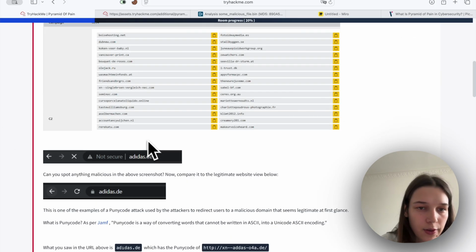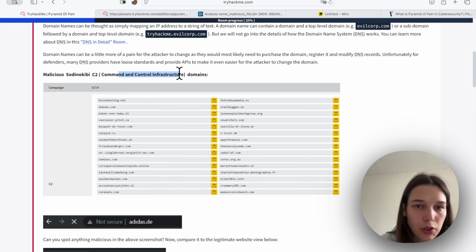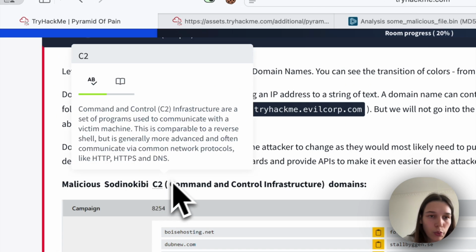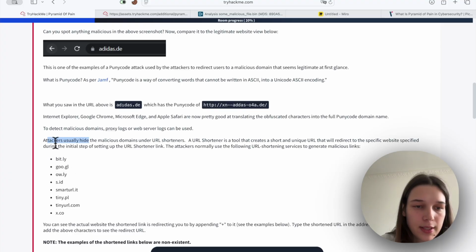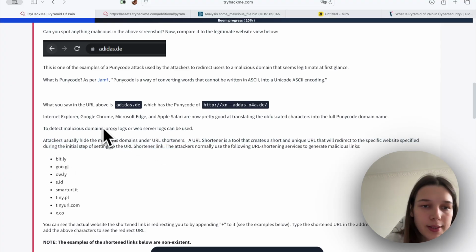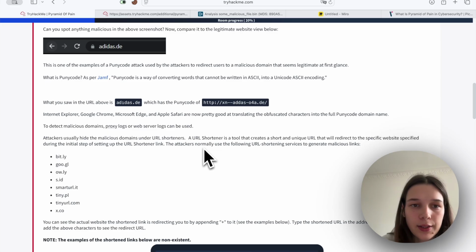We have our command and control infrastructure domain. So infrastructure sets up a program to communicate with the victim machine. So we go down, and here we can see what the attack is, which is